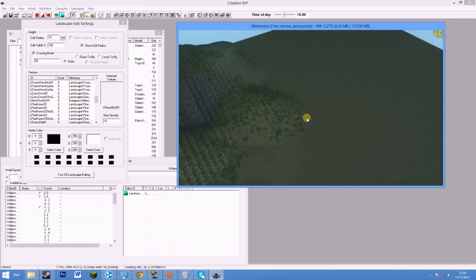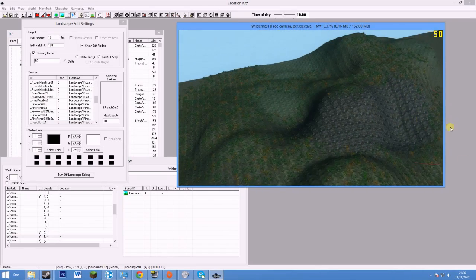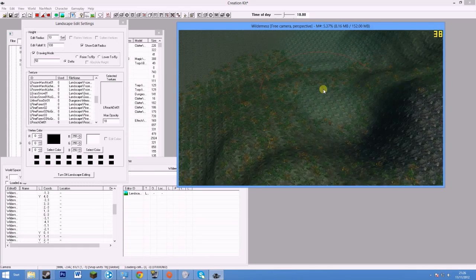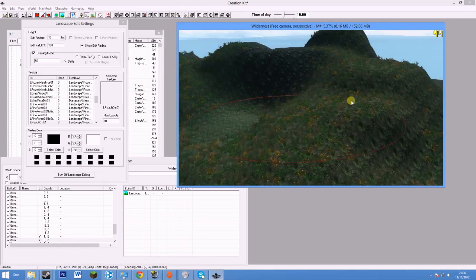Next time we'll probably do cluttering landscape with rocks and plants and architecture, that kind of thing, placing statics down,